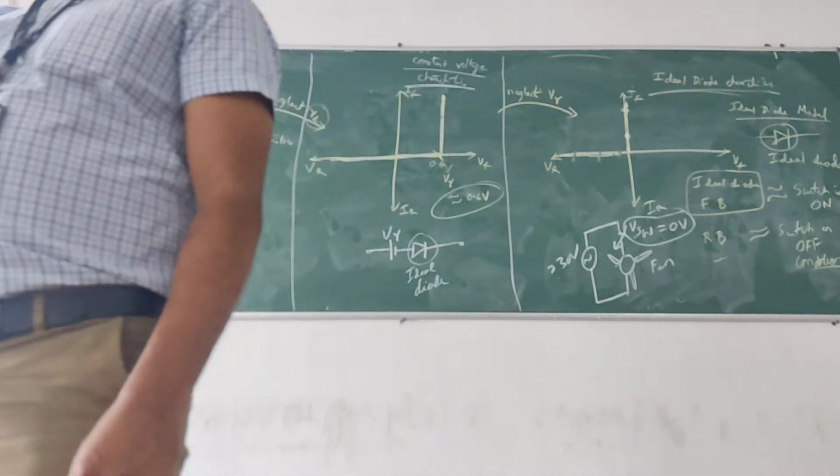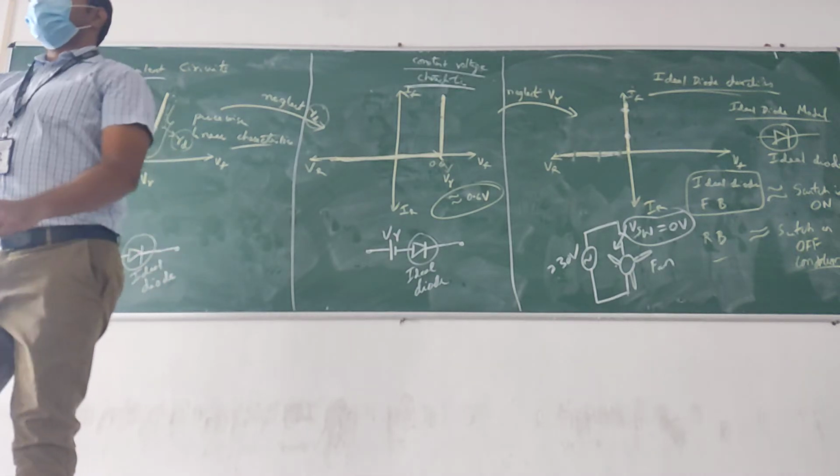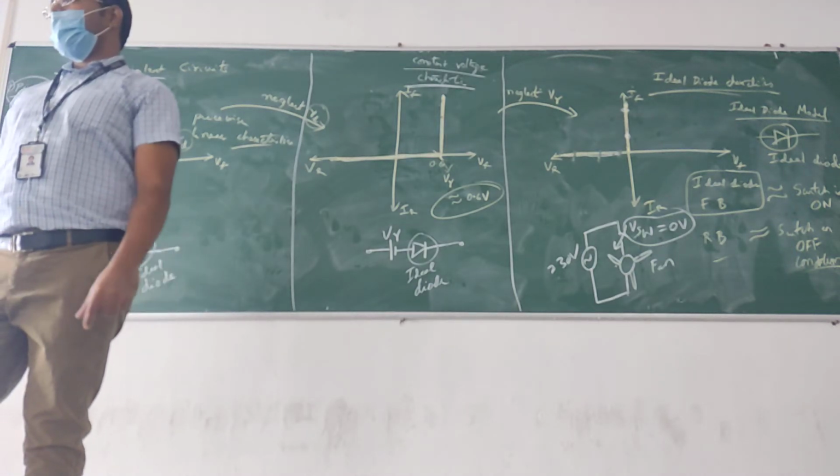In the problem, we have a diode and a cell. As I told you, a diode is like a black box. You don't know what the voltage is. If you have a resistor, you know I into R will be the voltage. For a diode, you don't know what to multiply with what. It is the same for a transistor. For any diode circuit you have to analyze, you will take the equivalent and analyze.